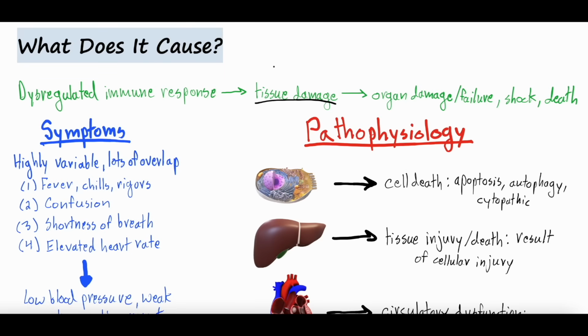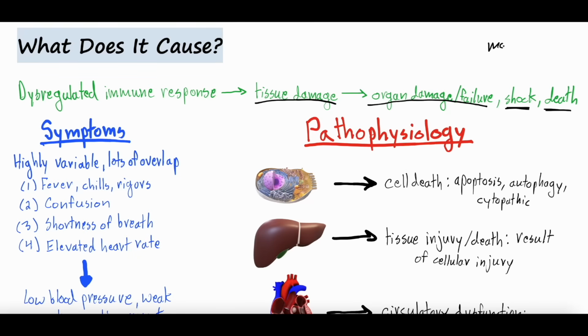And when that is just localized to where the infection is, that damage is mediated, right? It's moderated. It's not allowed to kind of spread or run wild. But when you are septic, it starts to spread and run wild, and you get more tissue damage. And if that progresses, it can lead to organ damage, organ failure. It can lead to shock, where your blood pressure drops, and that can honestly eventually lead to death,